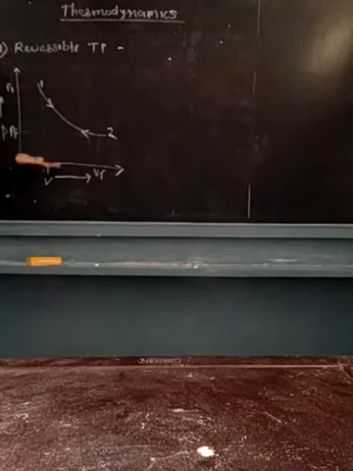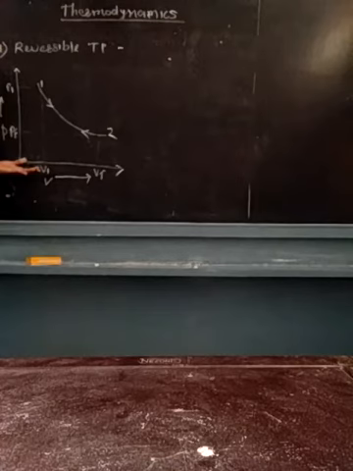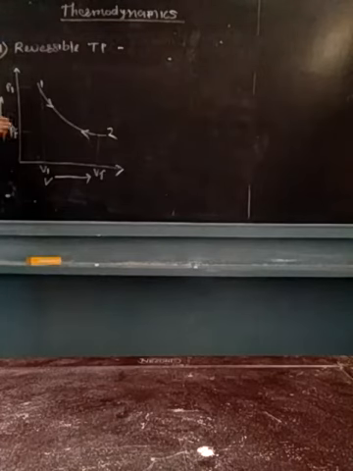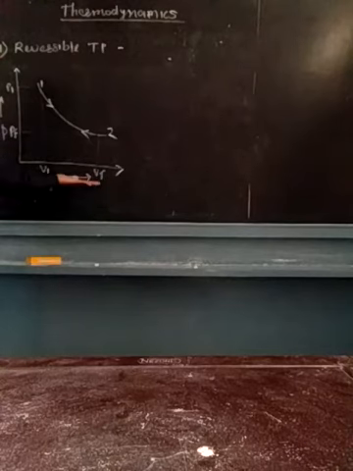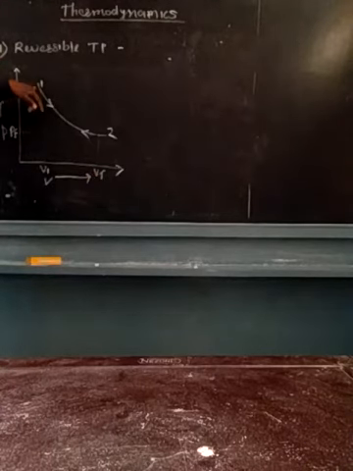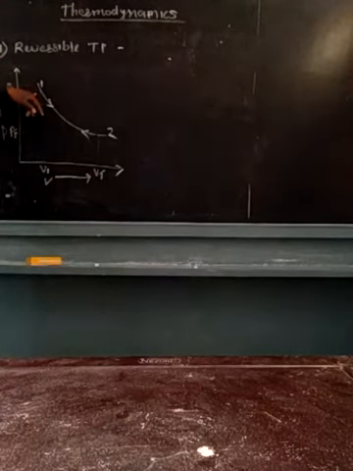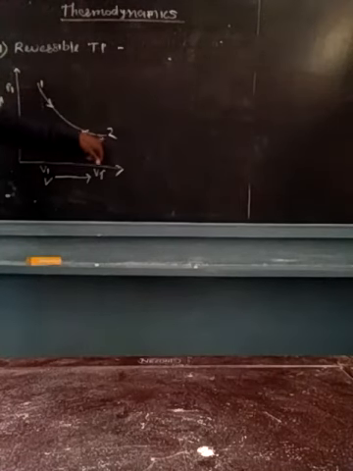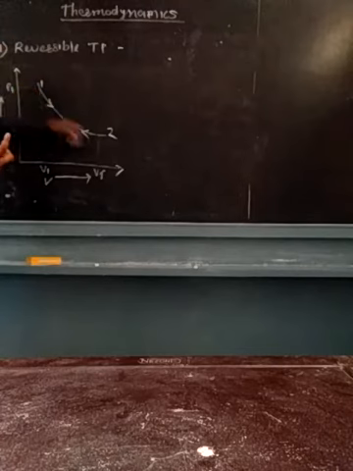Okay, so this is our simple PV diagram for the reversible thermodynamic process. As you can see, the pressure we have indicated over the y-axis, while the volume we have indicated over the x-axis. You can see at state 1, this is the first state, and at 2 there is the second state. Now the state has been changed from 1 to 2.